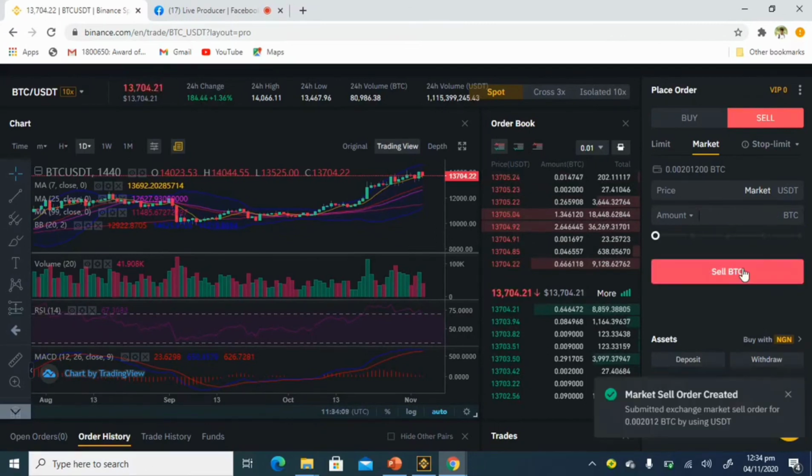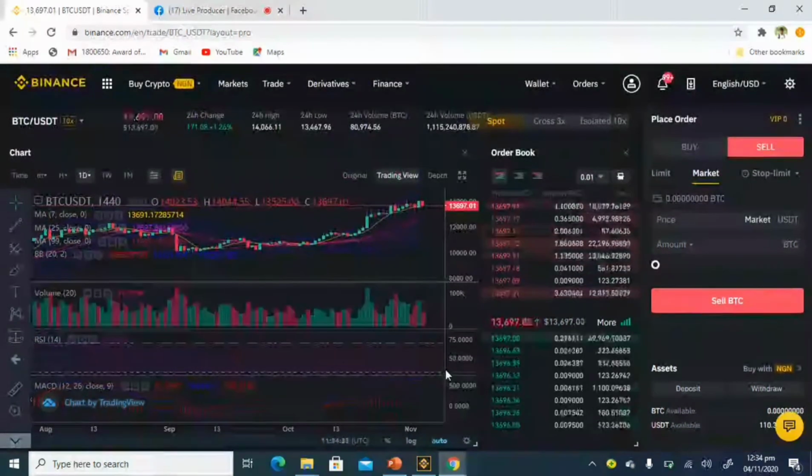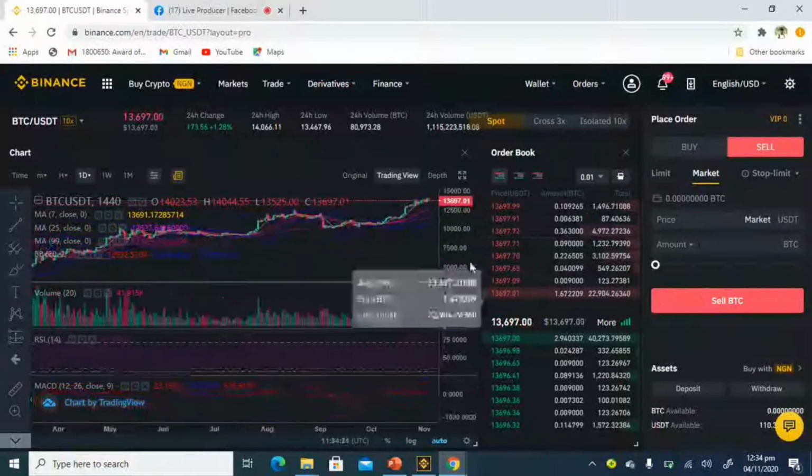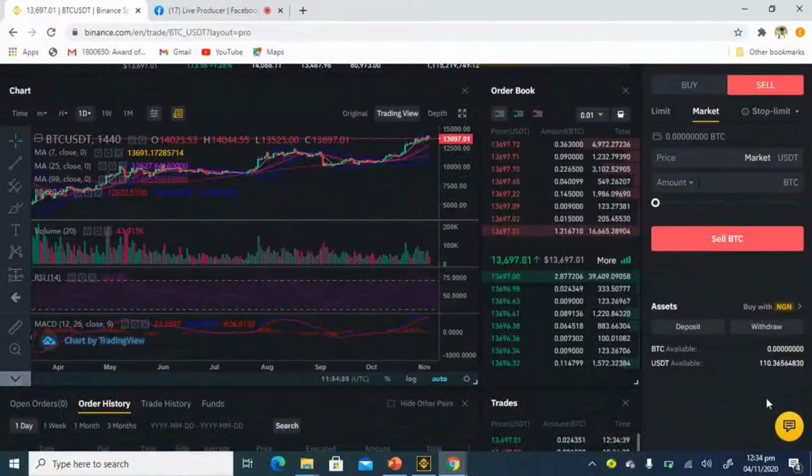Click sell. Bam, I've sold my assets. So you see, I bought it with $27.56 and I sold it, I got $27.57. So I've made a gain of $0.01. So that's how you trade. You buy when the prices are low and sell when the prices